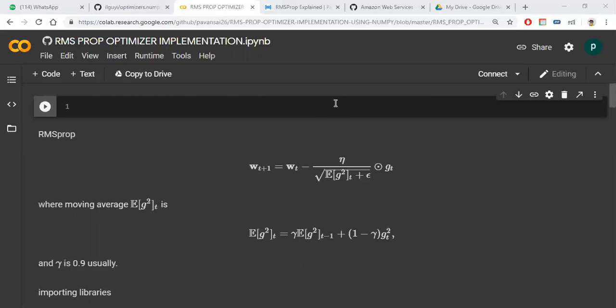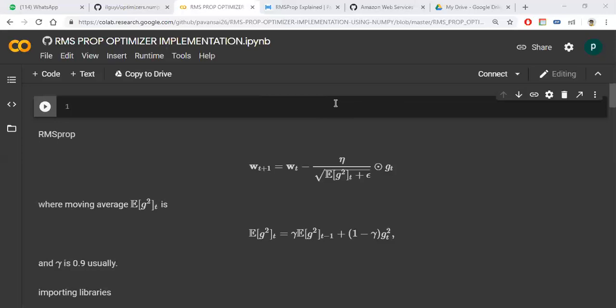So why are we doing moving averages? Before going to this topic, I will teach what a moving average is. A moving average is nothing but the creation of a series of averages of gradients. This is called the moving average of the gradients in this topic.